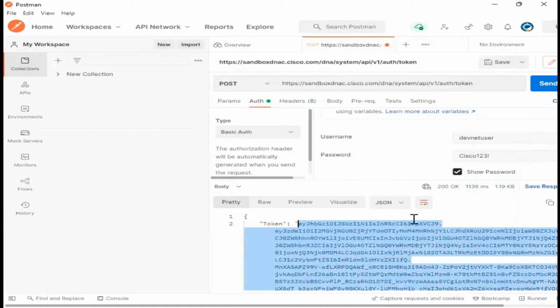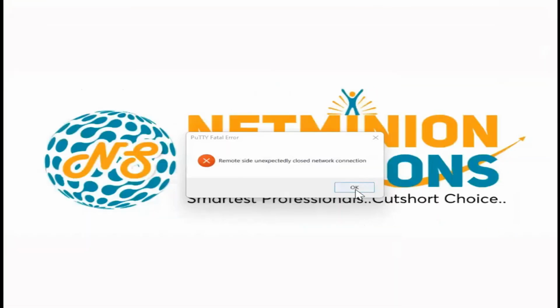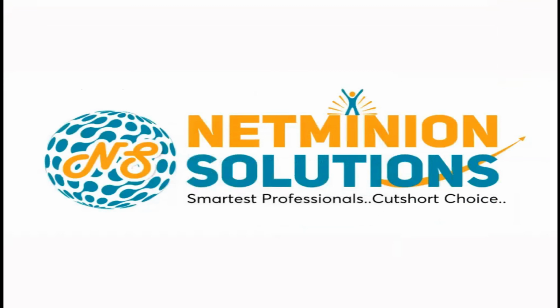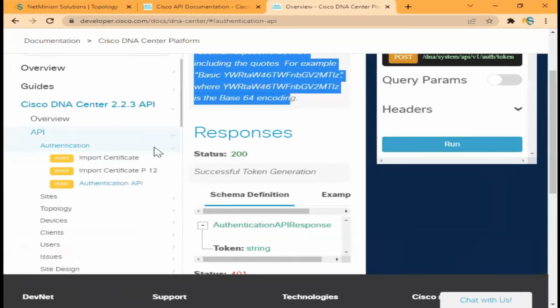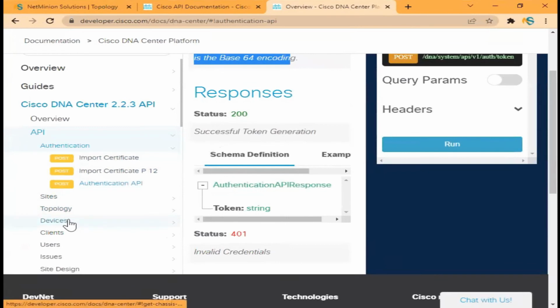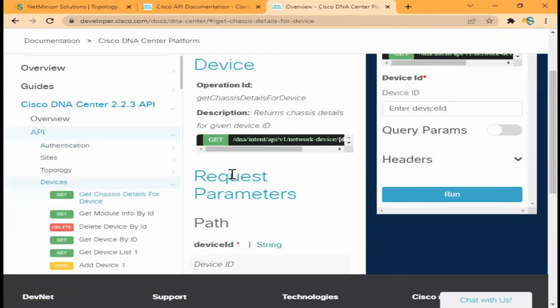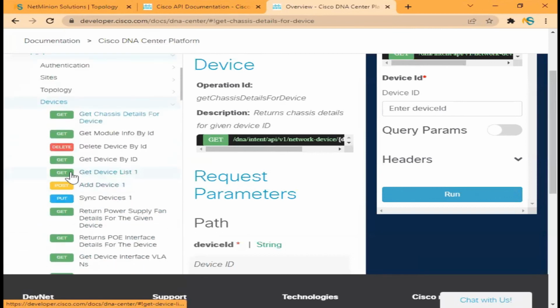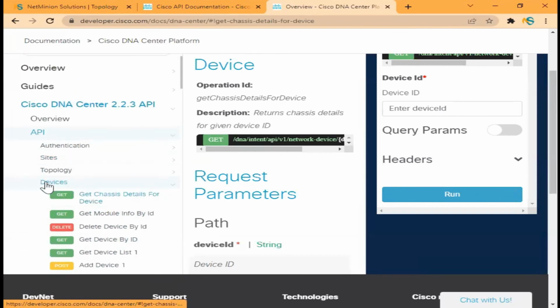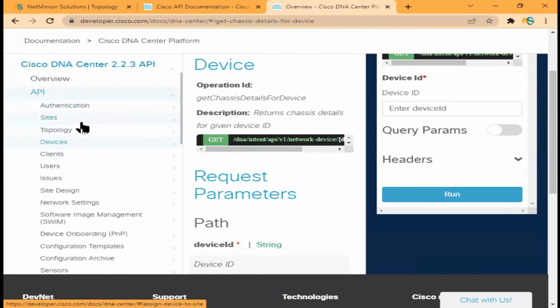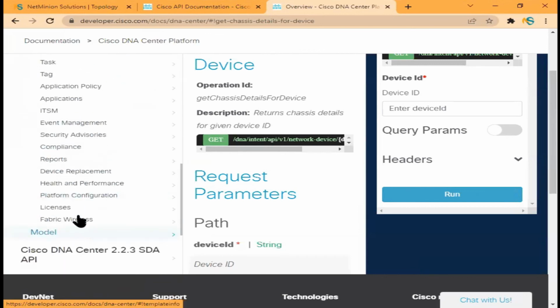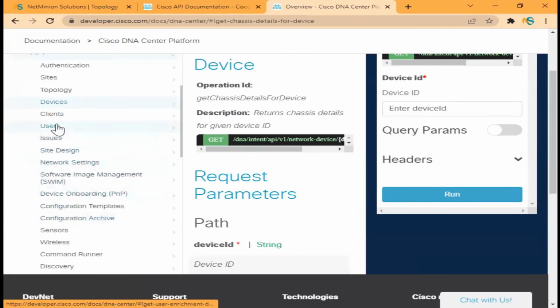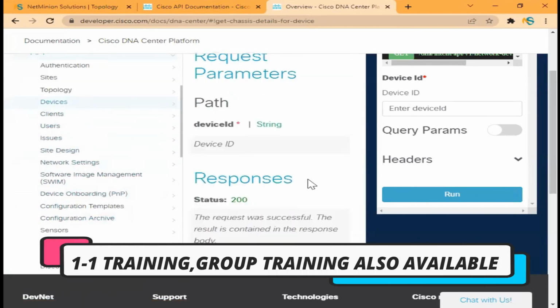This is my token. Now what? Once it is done, there are a lot of things you may want to go to. Maybe if I minimize, it is not letting me minimize from here. You can see what you wanted to check. There are a lot of things. Maybe I am just going into the devices. Under the devices, if you see